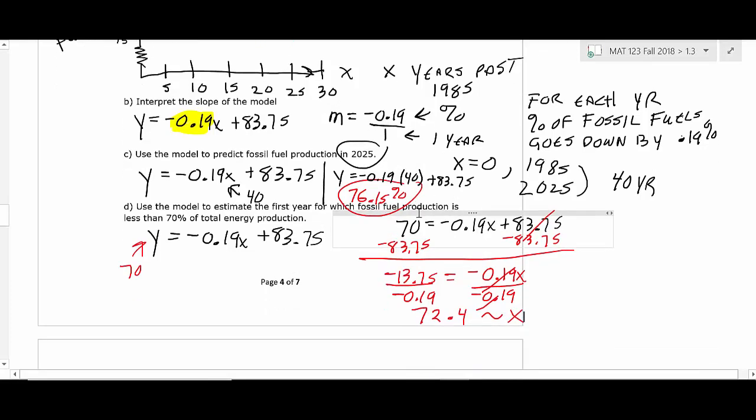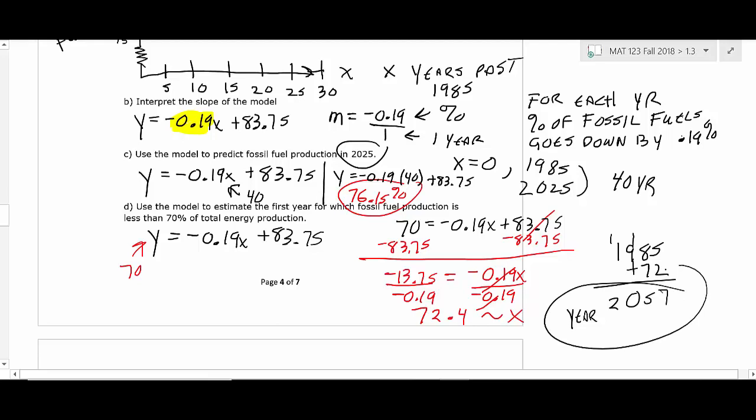So what do you do with the 72.4? Add it to 1985, right? Okay, you're not going to say in the year 72.4. Remember this is years after. So what you do is 1985, and let's just use 72. You have to use the 0.4. Okay, like that. So it looks like the year would be